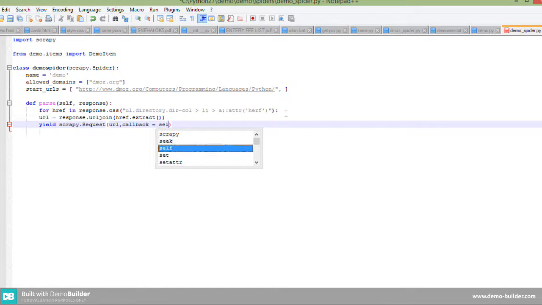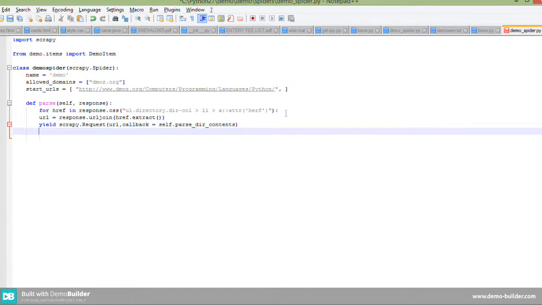So we need to call the parse here, self.parse underscore dir underscore contents.